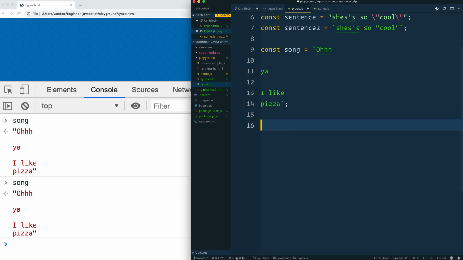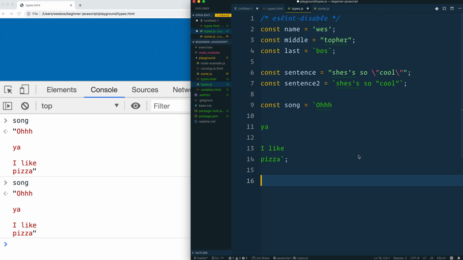So let's go through those words real quick. A concatenation is when 2 or more strings are combined into one. And the word interpolation is when you put a variable inside of a string. So let's make a new variable called, we already have a variable called name. And let's make a hello sentence. And if we want to say like, hello, my name is, and then we want to say, nice to meet